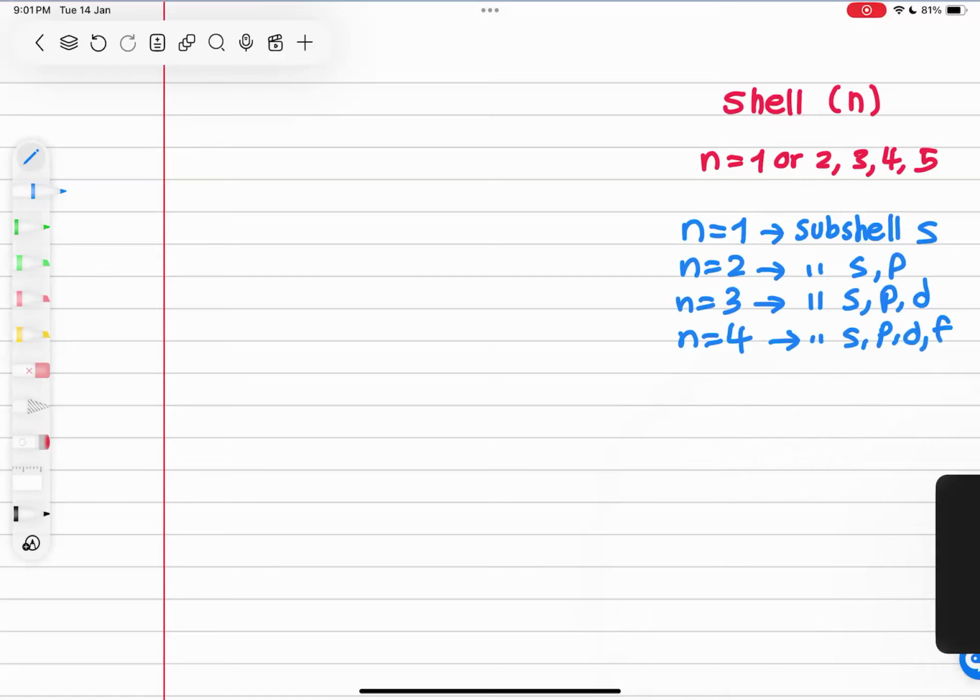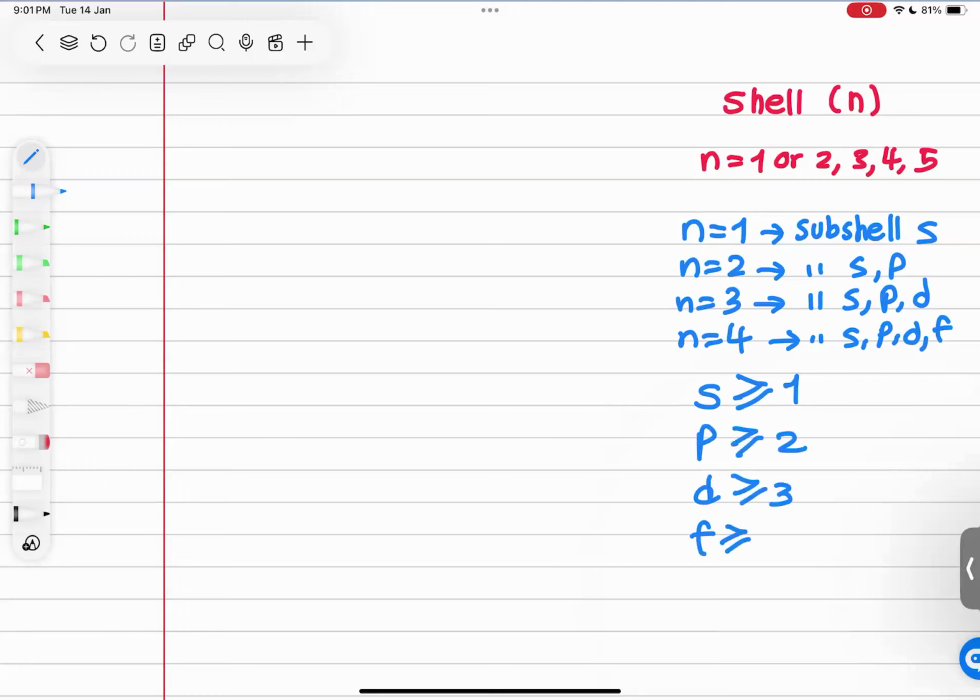So when he asked us, where do you first see an s? You see an s in 1 or anything more than 1. You see a p in 2 or more, d in 3 and more, and f you see at 4 or more. And then further division, the subshell